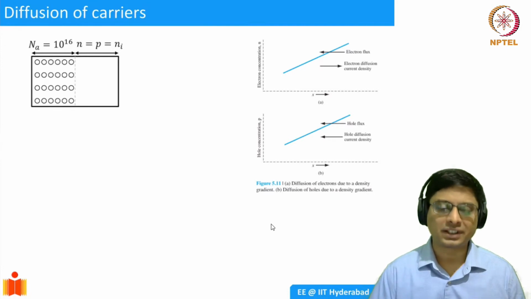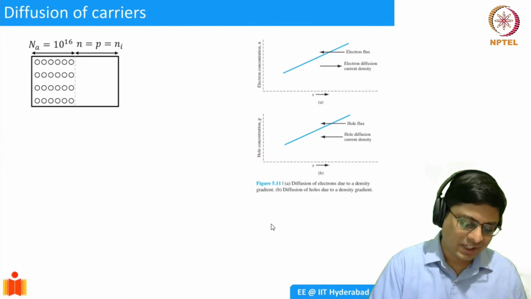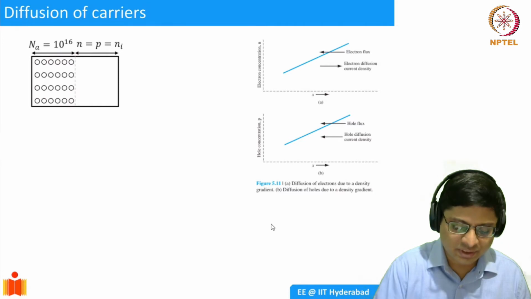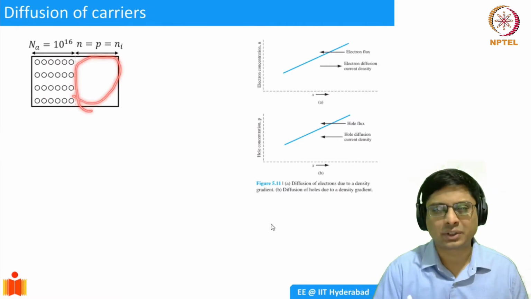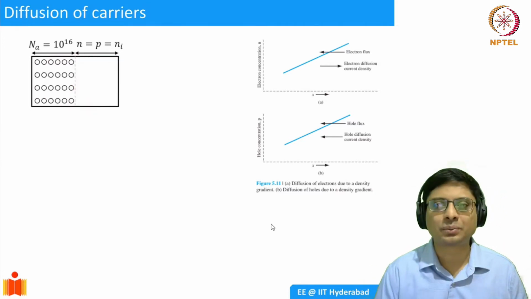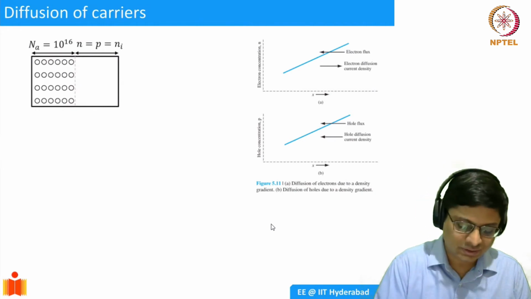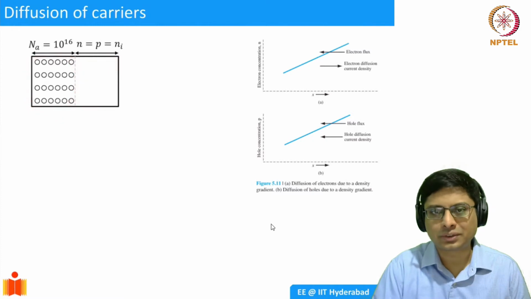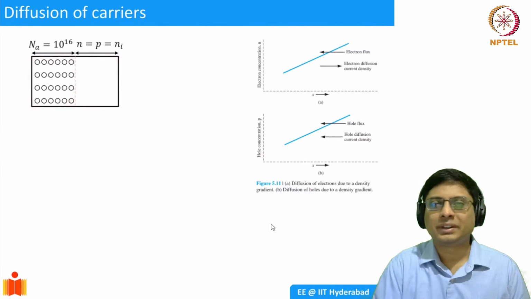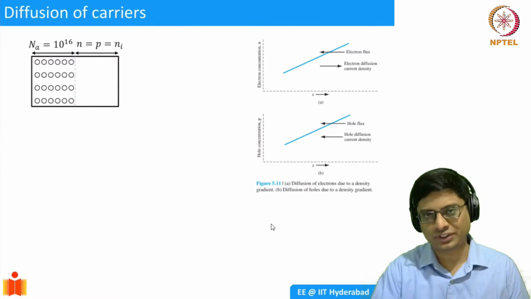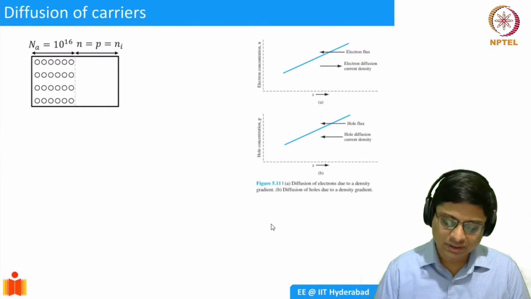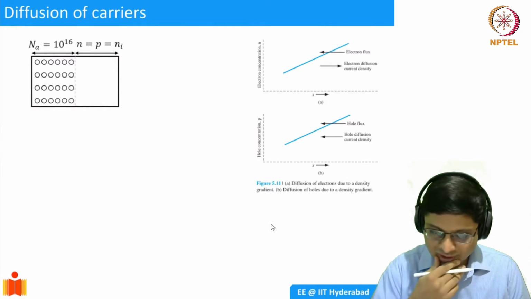For example, think of a semiconductor in a hypothetical case here. You have a semiconductor with some carriers, and then some region of the semiconductor is not having any. It's an intrinsic region, let's assume. It's going to have a few electron-hole pairs, but picture an intrinsic region adjacent to a region with a lot of holes. What would happen? Well, we are all familiar with the diffusion process, how gases diffuse from a high concentration region to a low concentration region. The same thing happens in semiconductors. This is schematically shown in the picture on the right.